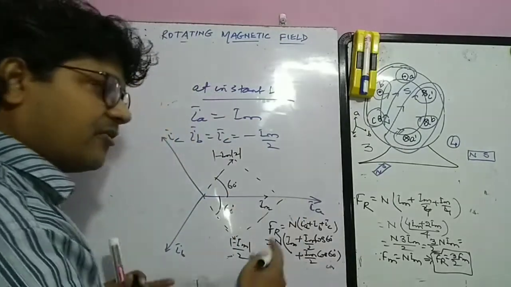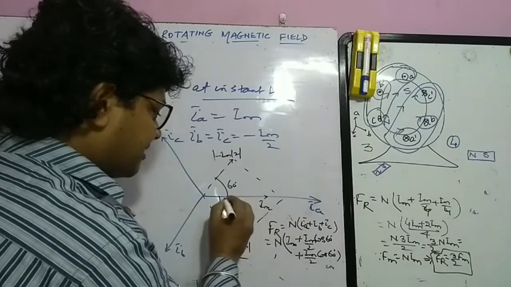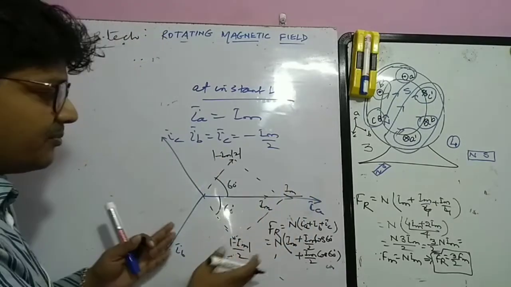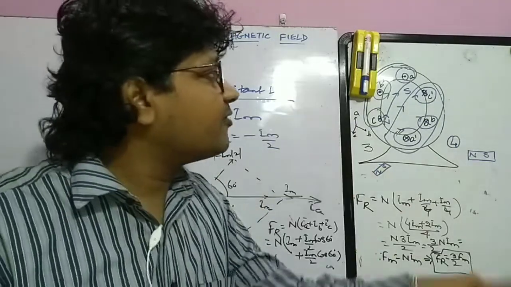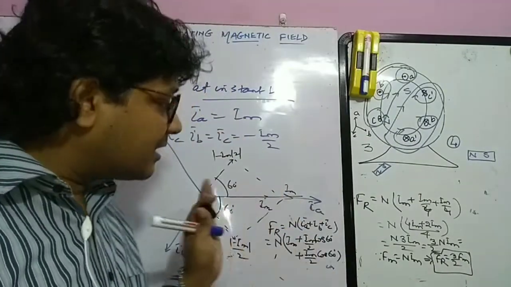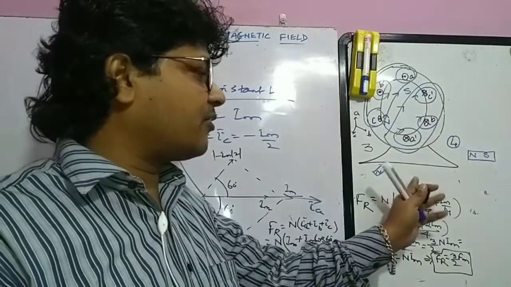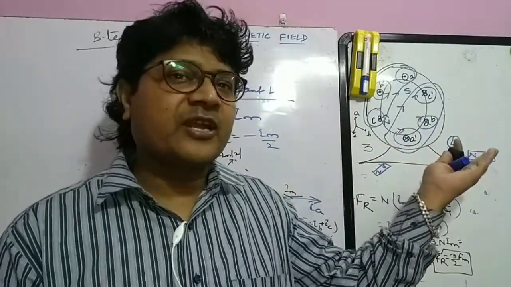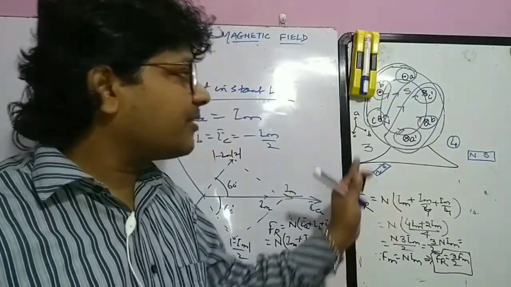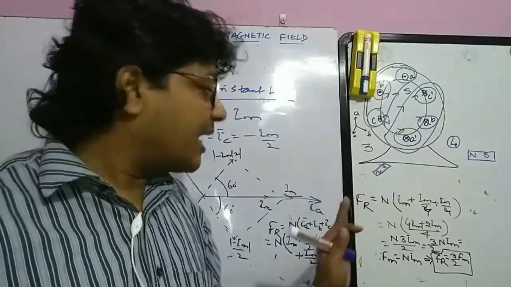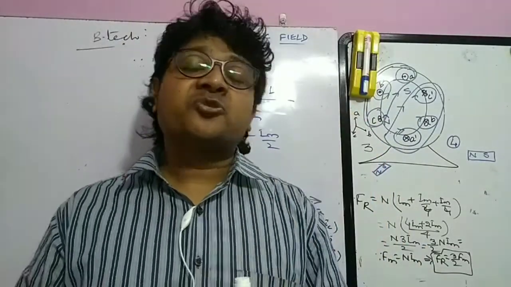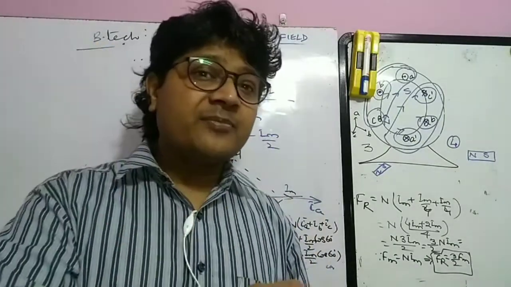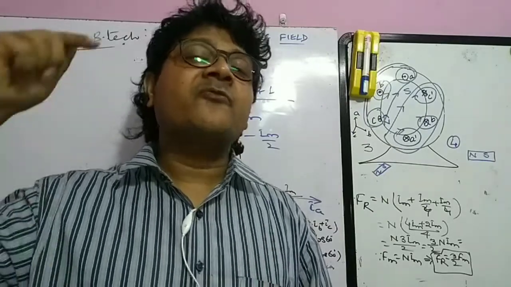We have to keep this in mind. And what is the direction? So the direction is towards this, right? So this is Im and Im plus Fr by 2. Wherever we calculate, at position 3 for example, you can verify. I am leaving this portion for you to verify. If we calculate the resultant MMF for position 3, again we will get 3 by 2 Fm. So this way we can say that with the help of a 3-phase supply, a rotating magnetic field rotates at synchronous speed with constant magnitude.